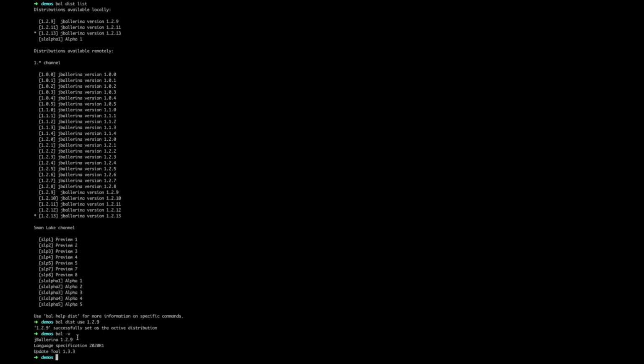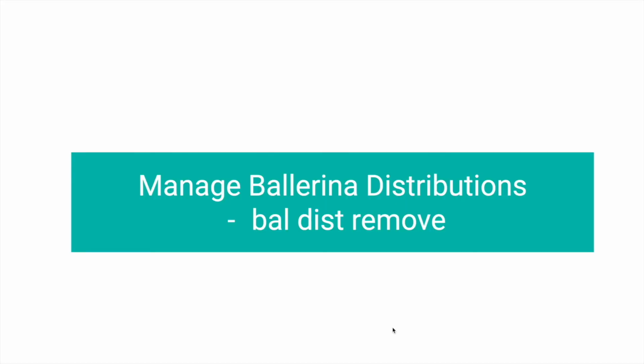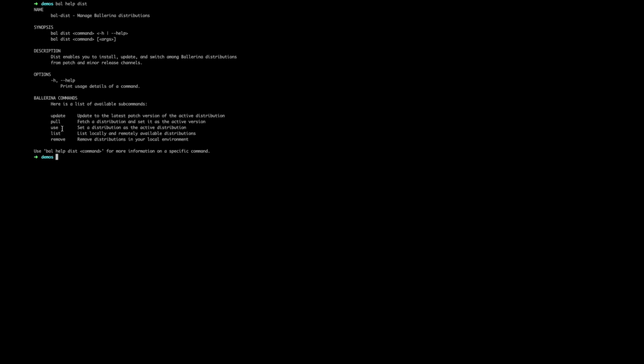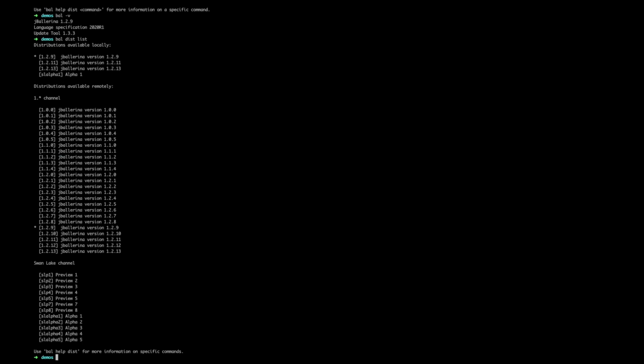And finally, let's see how we can remove a specified version. This is the last subcommand under the Ballerina dist command. My current version is 1.2.9 and I have 4 versions available locally.